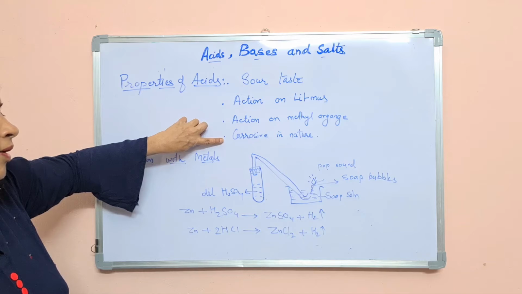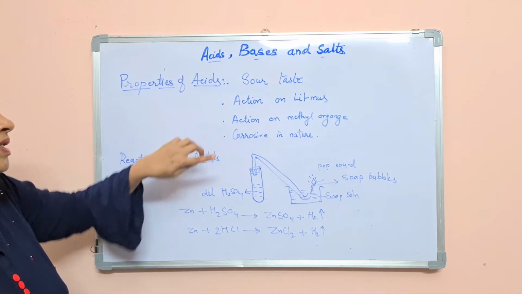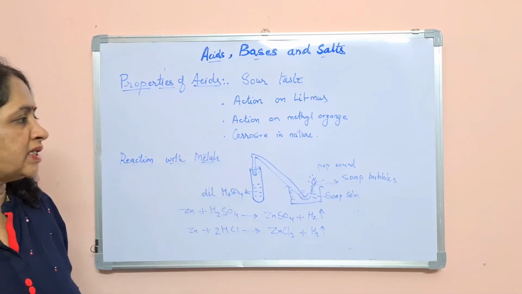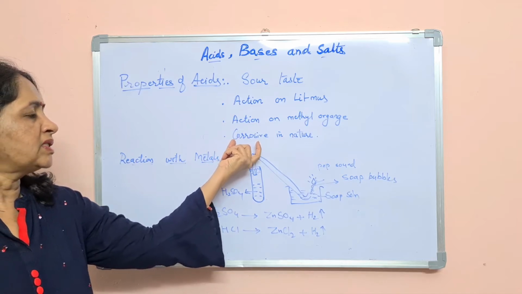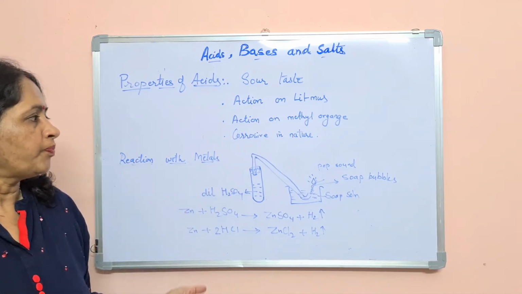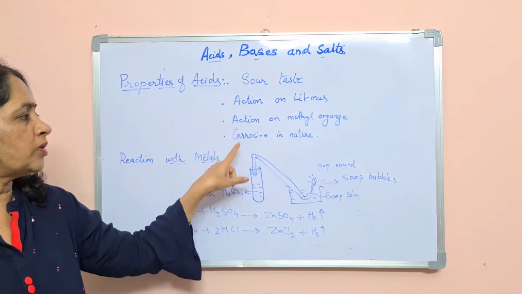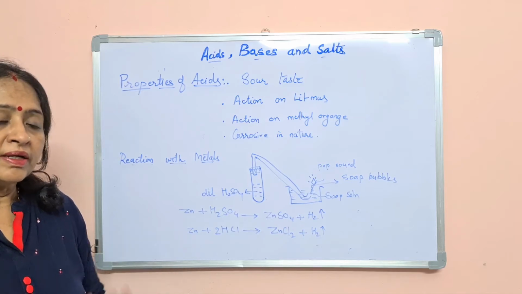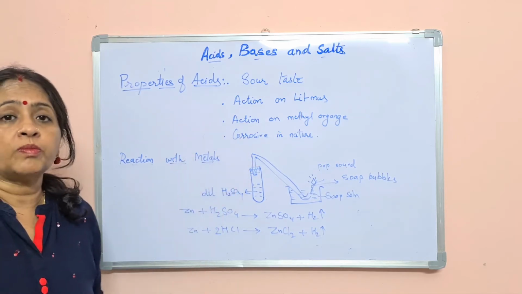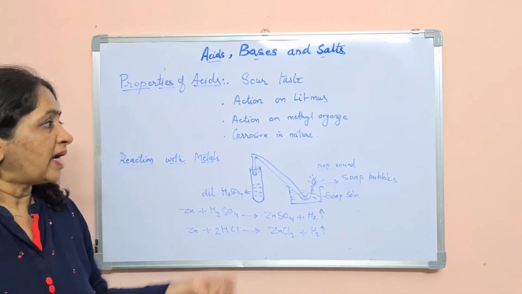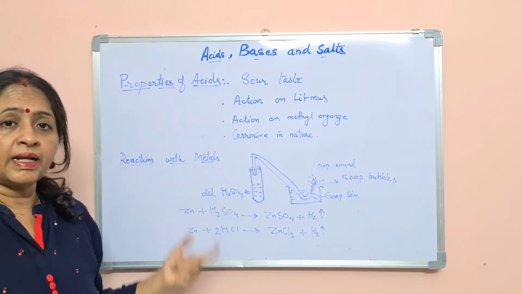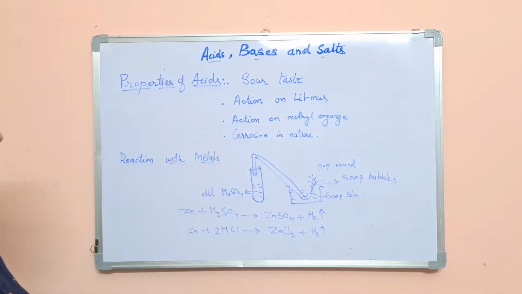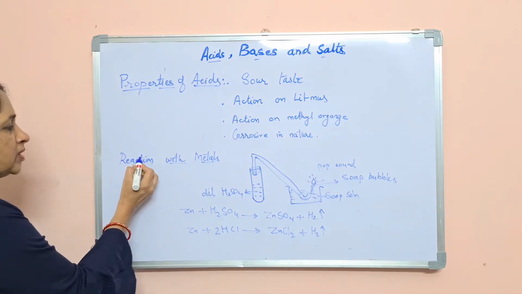The next one is that acids are corrosive in nature. Corrosive in nature means it is very harmful. If it falls on skin, it produces a burning sensation, and it can damage living tissue also. If it falls on cotton cloth, it produces holes in the cloth. It can burn the skin and damage cells and the delicate parts of the body, especially the eyes. That is why whenever we handle acids in the laboratory, we have to be very careful. Now let's look at the chemical properties of acids.